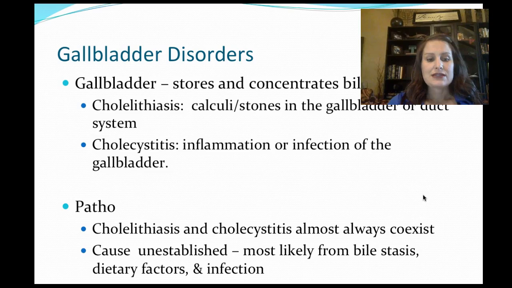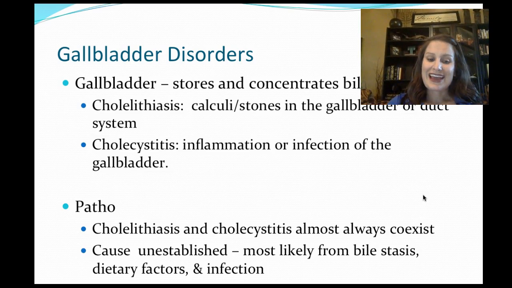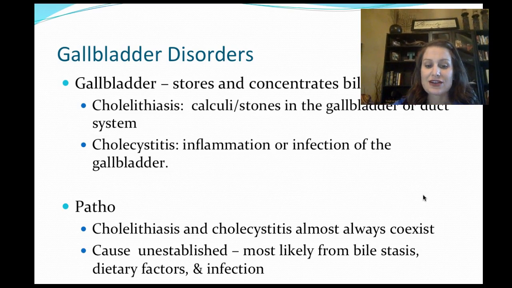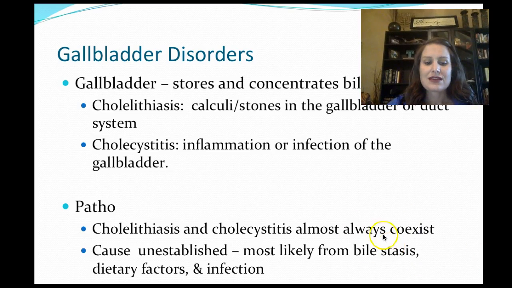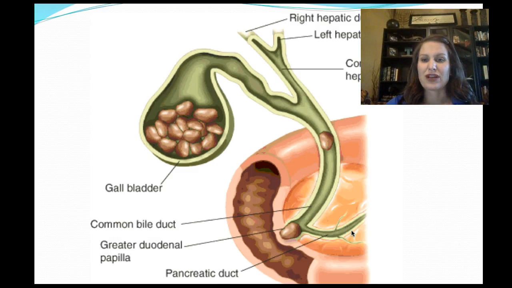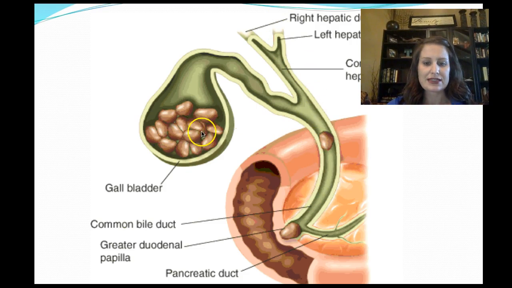The patho is simply cholelithiasis and cholecystitis almost always coexist. The cause is unestablished, most likely from bile stasis, dietary factors, and infection. And with the dietary factors, typically you see this inflammation come on after a real high-fat diet food. So here's just kind of a picture of what's going on here. And you can see these stones right here. This stone is going to be blocking that into the intestine as well as the